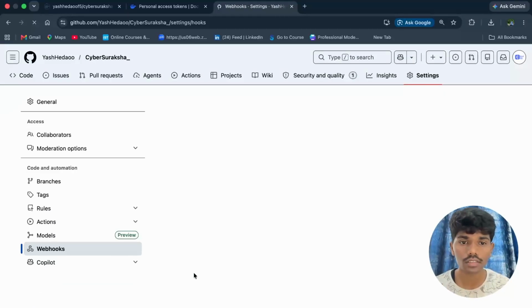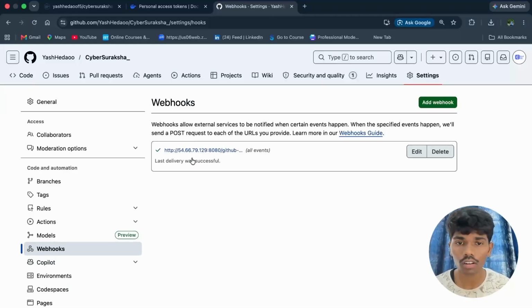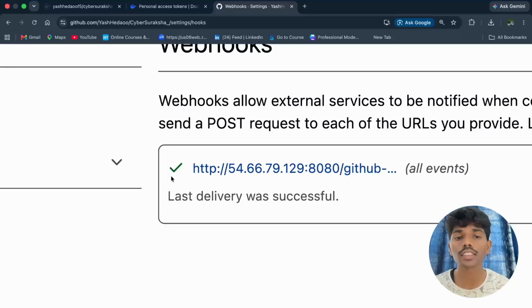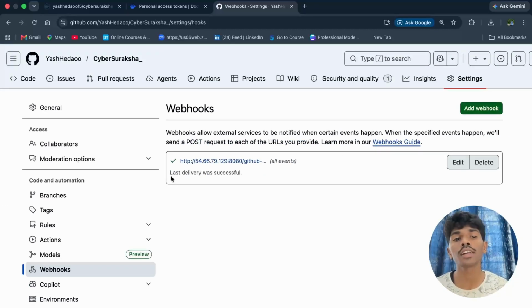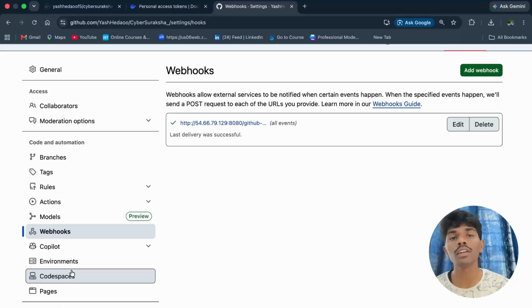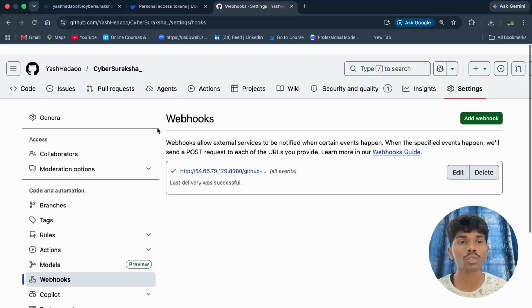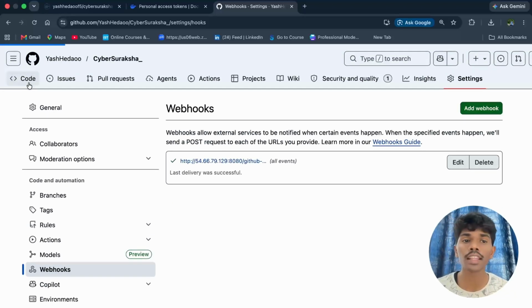Refresh it, and as we see here, it is giving a right tick, it means our GitHub webhook trigger is now attached to the repository. If we do anything in the project, it will trigger automatically. So done with the GitHub webhook trigger, and then